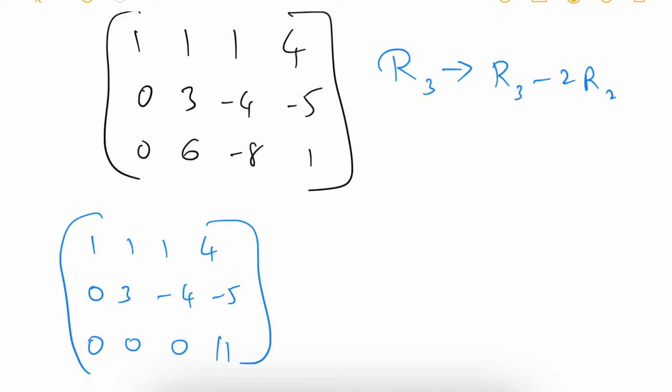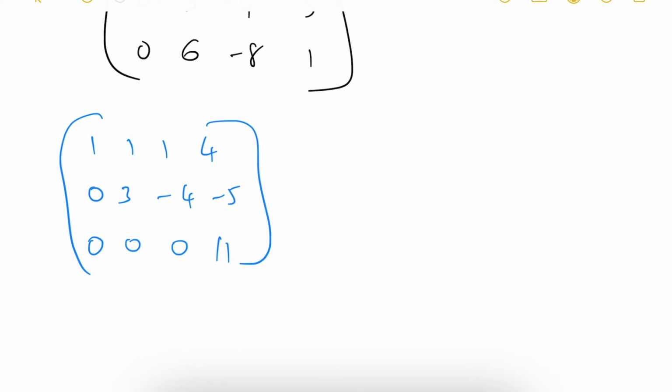Okay, now if we observe this clearly, how many rows we have where at least one element is a non-zero element. In this at least one non-zero element is there, in this also at least one non-zero element is there, in this also at least one non-zero element is there. So the rank will become 3.